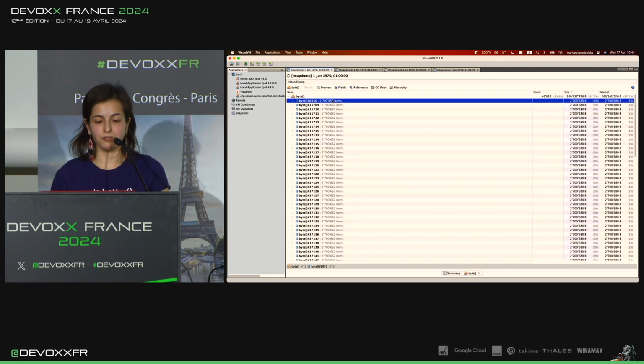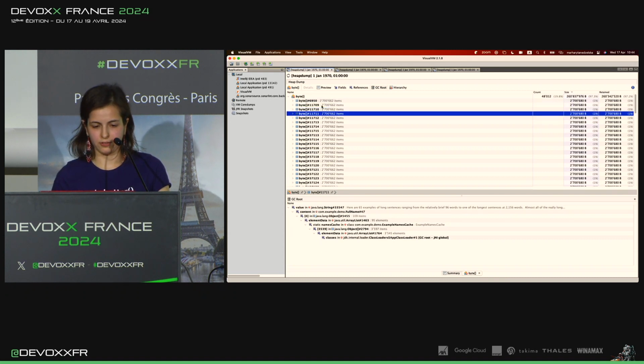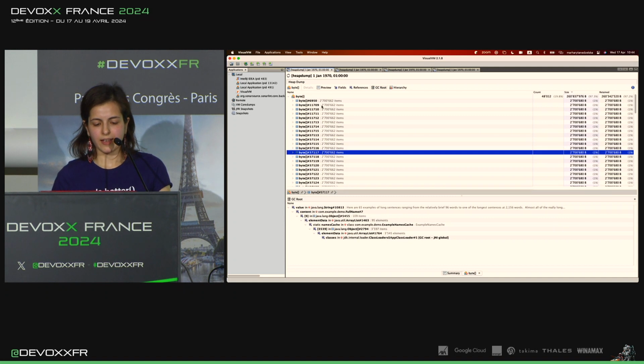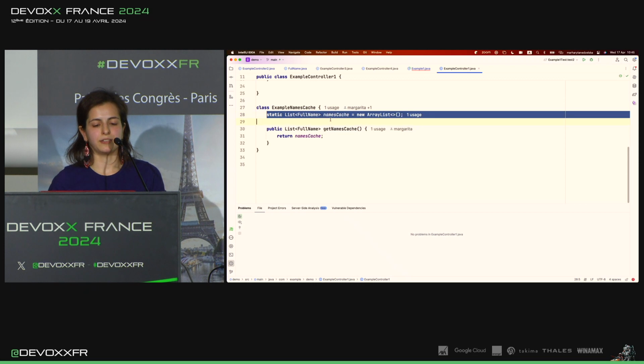What this tool can nicely provide is the GC root. The GC root shows you the path from this object to the GC root, to explain why it is still referenced and who is referencing it. So you can see that this byte array is referenced in some static names cache here. And if we look there, the second, third, fourth, and all these elements have the same static names cache in the names cache example class. So probably there is something fishy there. Let's look into the code. And of course, what we can see is a static field here.